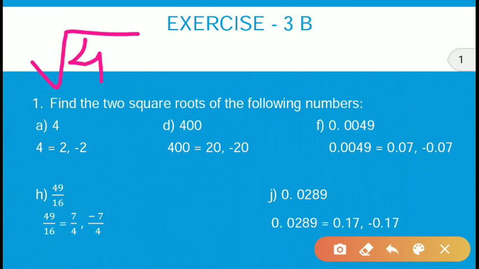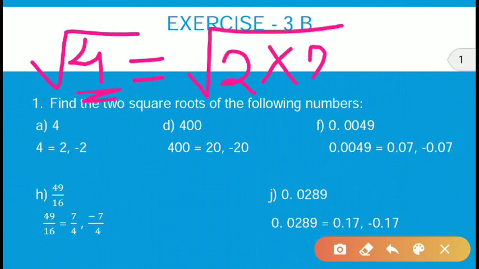Okay, square root means first of all you factorize this 4. When you factorize this 4, this can be written as 2 into 2. Okay, and under root means we will start making a pair. And in each pair 2 digits will be there. I have already told you how to make a pair. Suppose this is our digit, so we will start making a pair, and in each pair 2 digits will be there, like this is one pair and this is another pair.